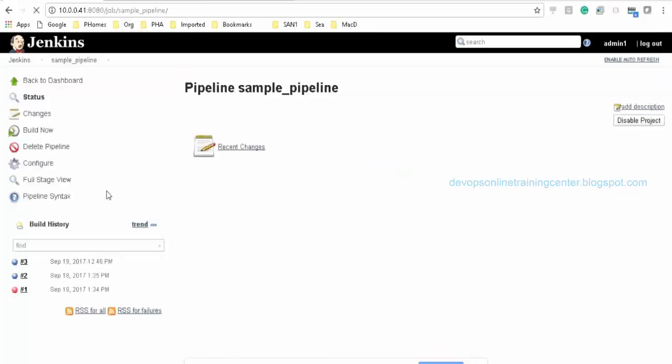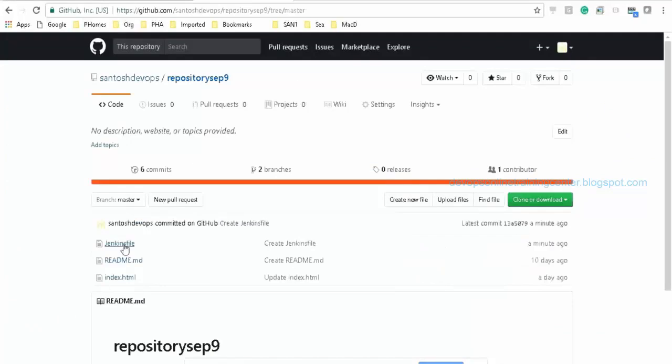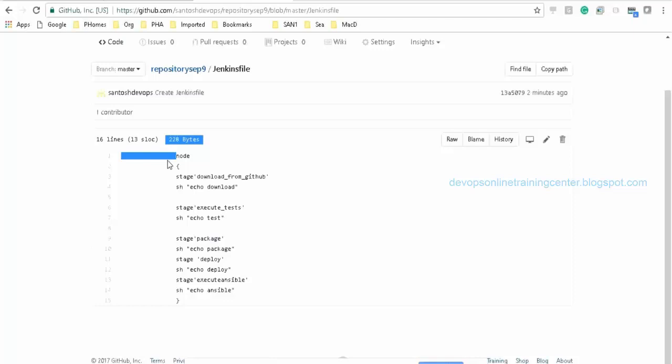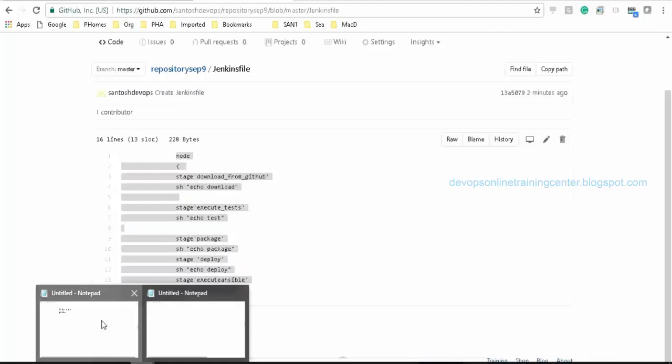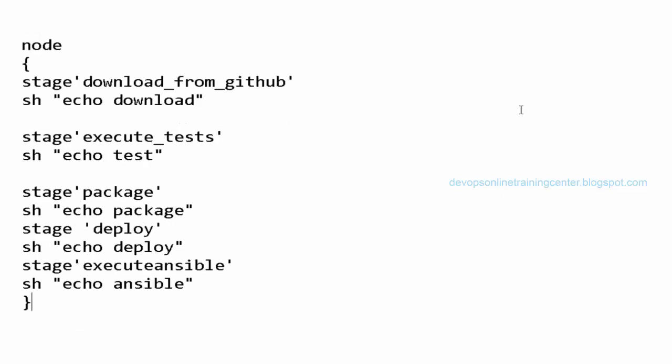So here we only have a sample code, where we have different stages defined. Right, so here if we are working on a project, we can define a slave.